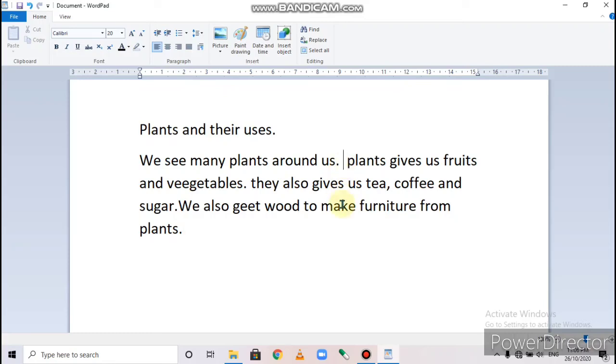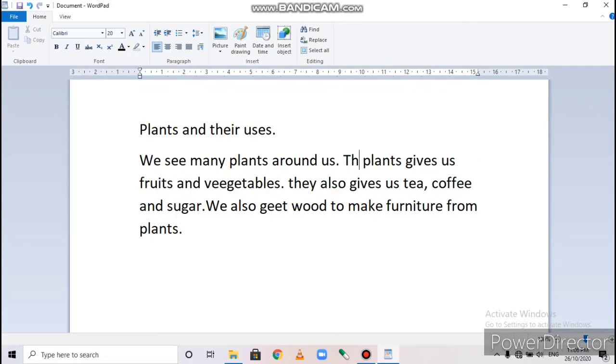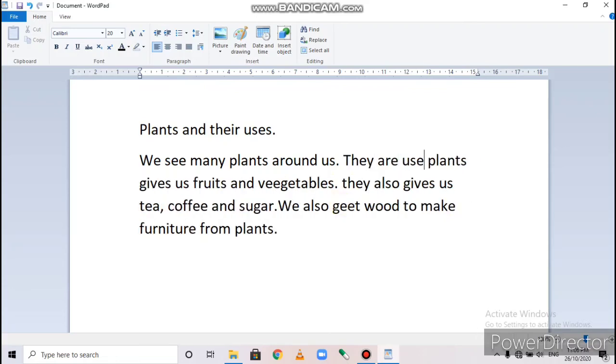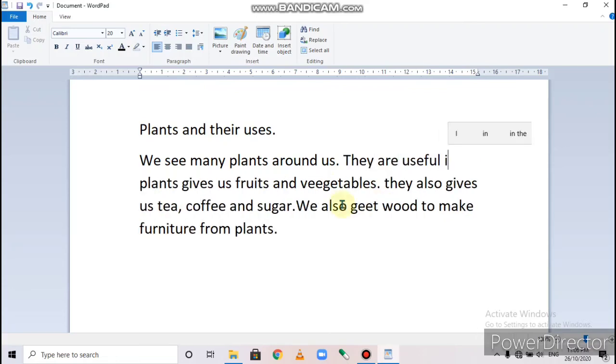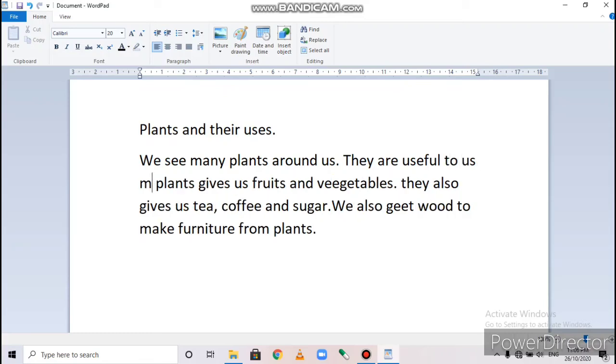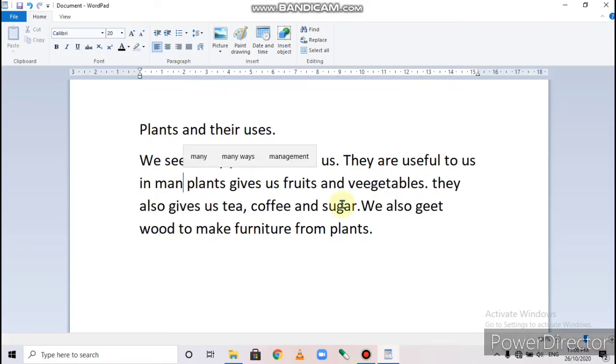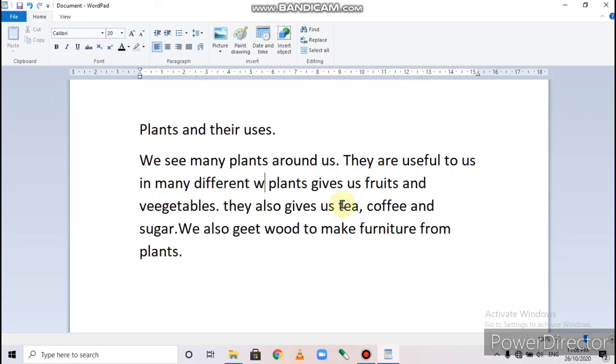When your cursor is blinking on that position, then after that you can type as usual. Understood?